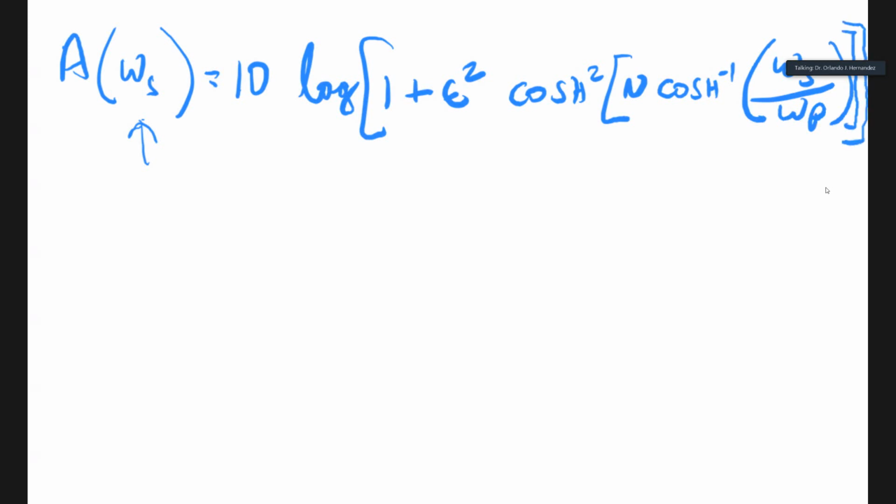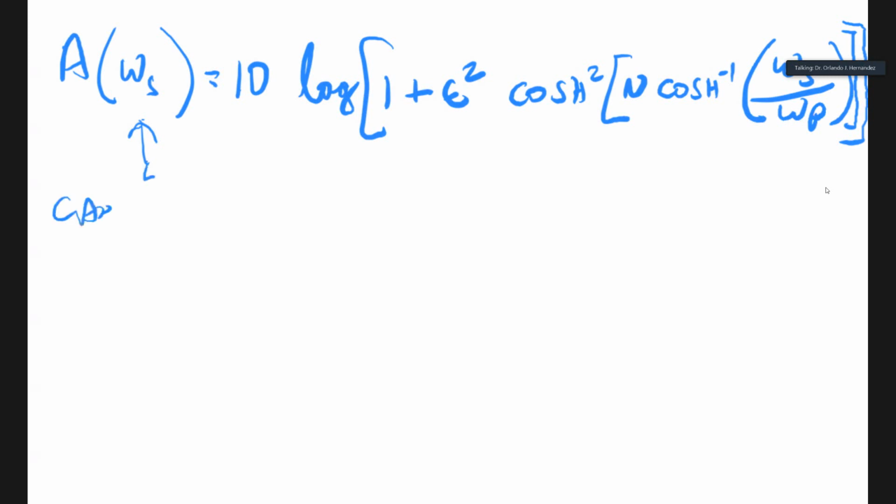We have two brackets. The next to last bracket would be for the hyperbolic cosine square, and then the last one is for the log. So this expression